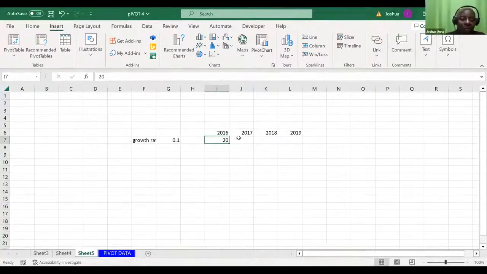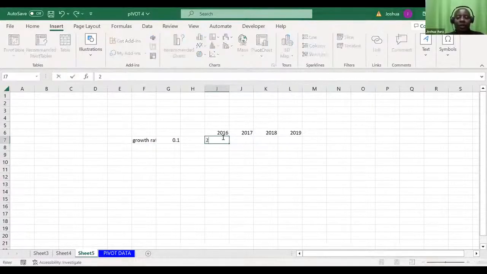You see the local way, what I'll do, I'll come and say equals. This is 20. Just locally, I'll say equals, I pick this 20, I say times, I open brackets.